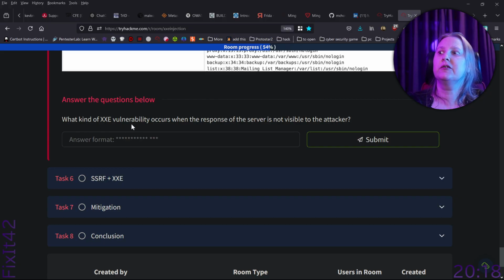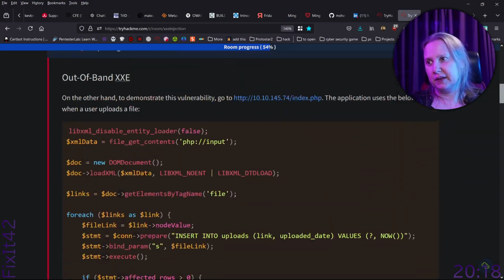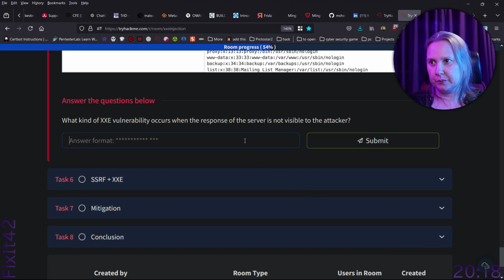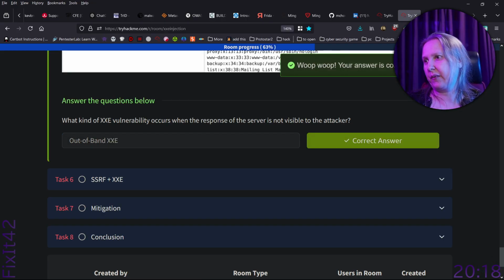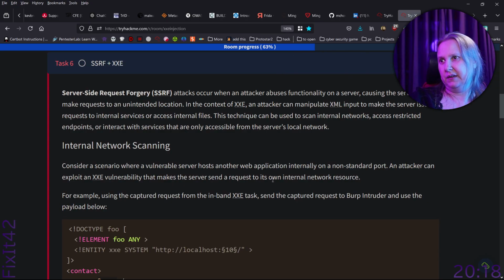What kind of XXE vulnerability occurs when the response of the server is not visible to the attacker? Well, out of band, I guess, with dashes, right? So, out-of-band XXE. SSRF and XXE. So, now we're going to get